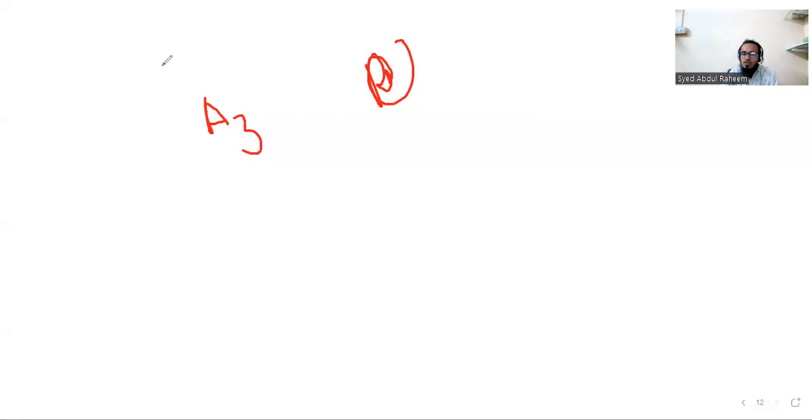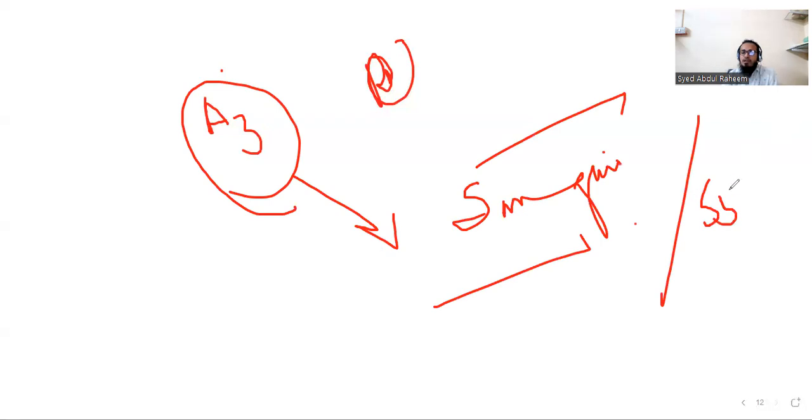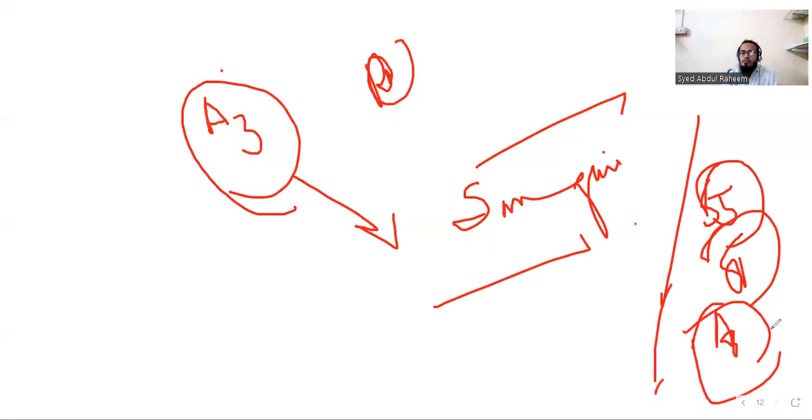And another thing you have to remember: S1, you remember, is the remedy of lymphatic temperament. A3 is the remedy of sanguine temperament. Okay, so this is very important. S5 is the remedy of bilious temperament, S1 is the remedy of lymphatic temperament, and A3 is the remedy of sanguine temperament. So whenever a sanguine temperament patient comes to your clinic,